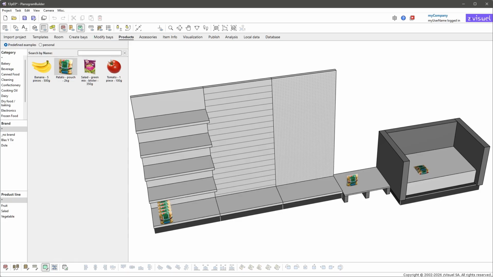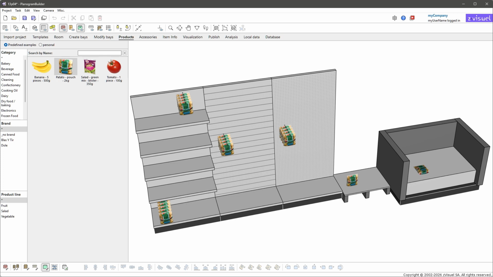Now try to place a potato bag onto a back panel and notice it doesn't work, because this product was defined as standard in the database. Since some products may be either placed on shelves or hung to hooks, it's still possible to toggle their defined behavior as follows. While dragging the potato bag from the catalog or moving it from a shelf, hold the Shift key down and place it onto a back panel.